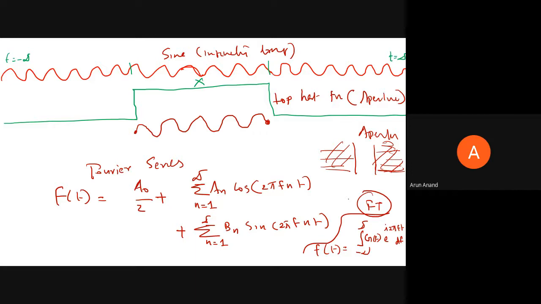So this is your Fourier series, and this is your Fourier transform. The Fourier transform is basically valid for non-periodic signals. Now the waveform I have shown here, is it periodic or non-periodic? Yes, it is periodic, sir, within this range. Yeah, within this range, but outside the range you don't know what will happen, right? So in that sense it is non-periodic. Only those signals which are infinitely long are periodic.